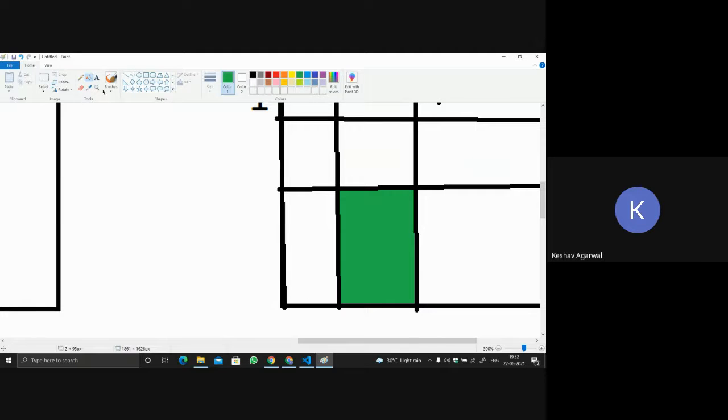Can everybody understand this? And this brown part is my entry. Cool. So what will happen is when we are doing the padding, whatever is left in green,